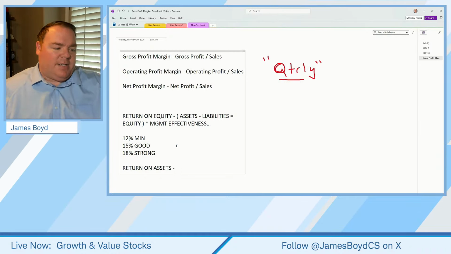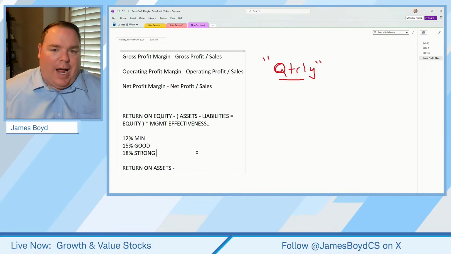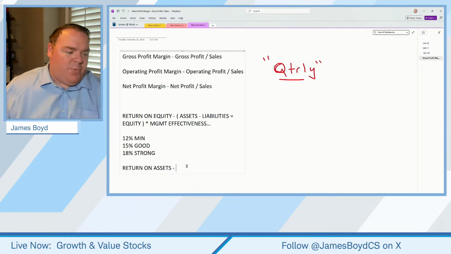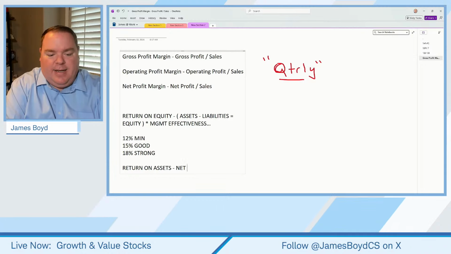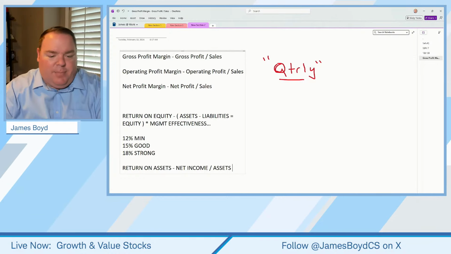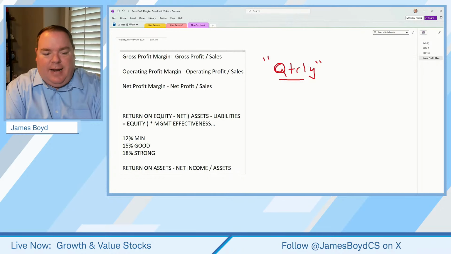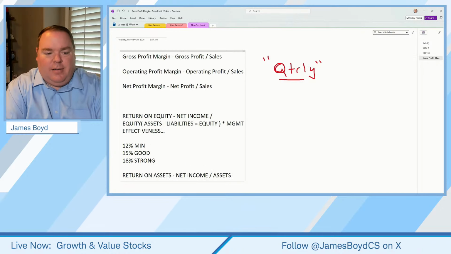And when we really take a look at this, it's suggesting if we have higher numbers, better management efficiency of, they're taking the equity of the business and they're making a return on it. Why does that matter? Because that's what could be driving the stock growth, the trend. Now, when we take a look at the assets themselves, we're really taking a look at the net income, okay? Net income over the assets. Now, when we take a look at the net income over the assets, let me go back to this. This return on equity is net income over equity, okay?